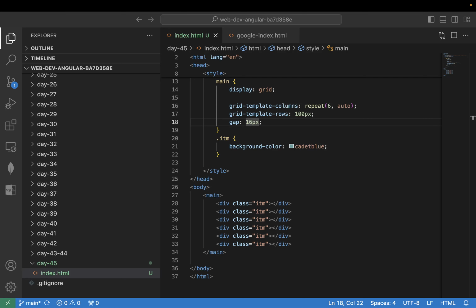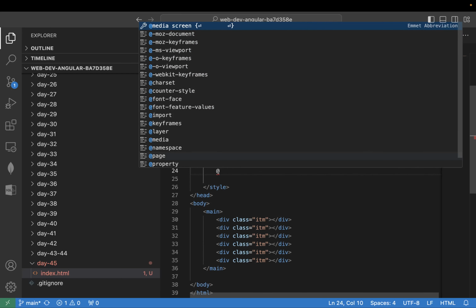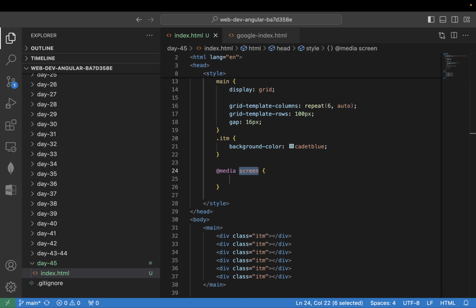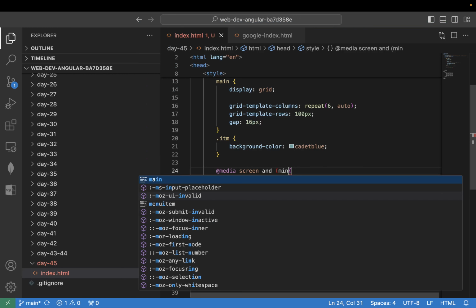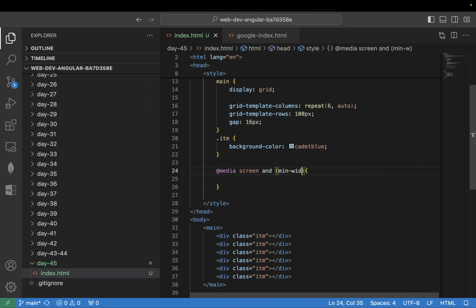Now media queries can be written over here with @media. Here you have something called screen, and you say and minimum width. If minimum width is 480 pixels, 480 pixel minimum width. So what I want,